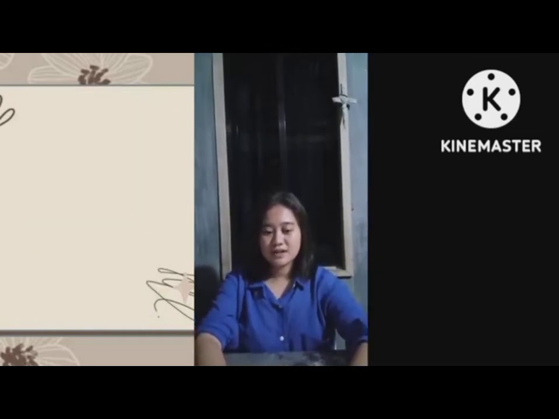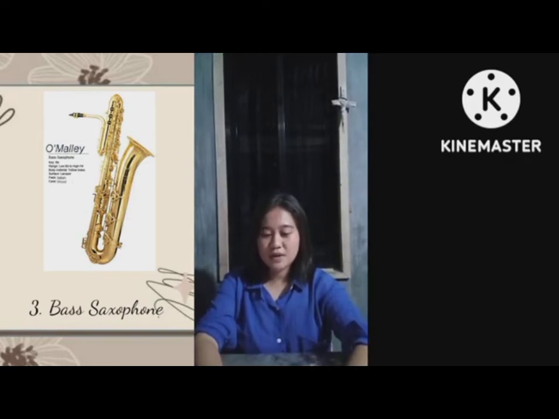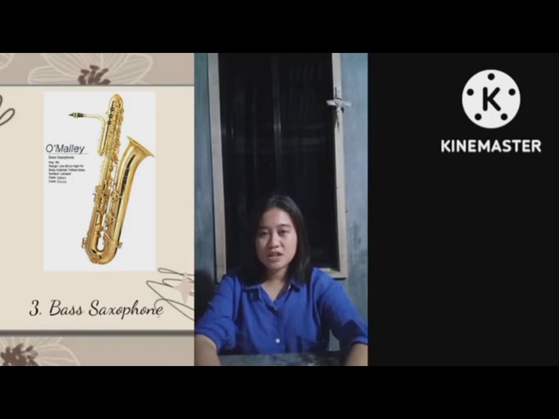The third instrument is the bass saxophone. The bass saxophone is one of the lowest pitch members of the saxophone family, larger and lower than the more common baritone saxophone. It was likely the first type of saxophone built by Adolphe Sax, as first observed by Berlioz in 1842. It is a transposing instrument pitched in B-flat, an octave below the tenor saxophone and a perfect fourth below the baritone saxophone.